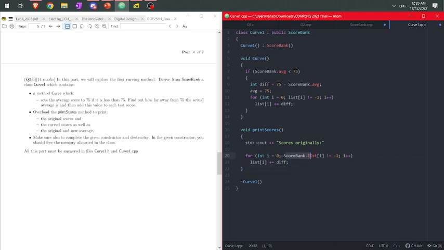And of course these are not mutable, so these won't be in the above score bank since I already called the parent constructor to give it the values that it needs. So no problem with that. Right, and I don't need to actually print out the diff, I just need to print out the value over here. So cout,